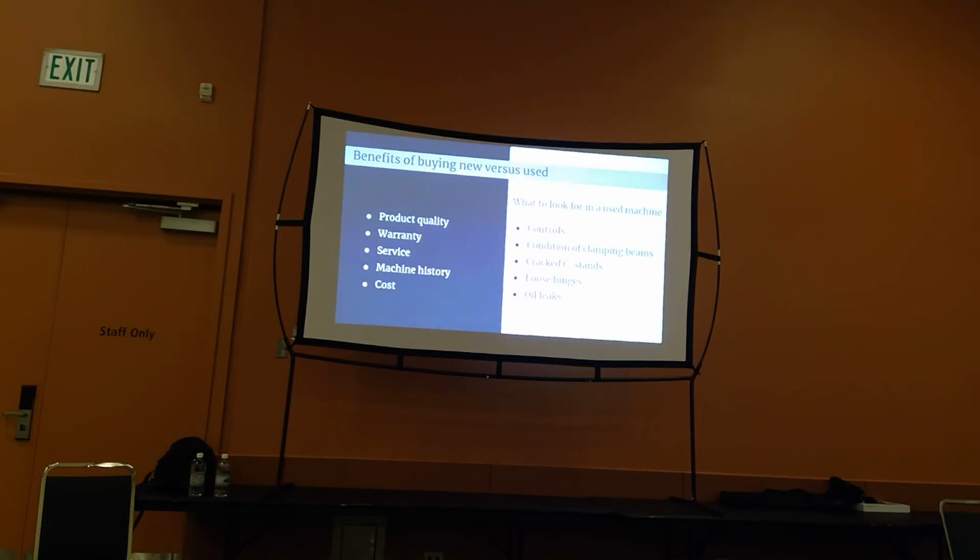So some of the things to think about are the benefits of buying new versus used, and what you want to consider when you're buying a new machine versus a used machine. So we'll cover the new. You're getting better product quality, because you have no idea